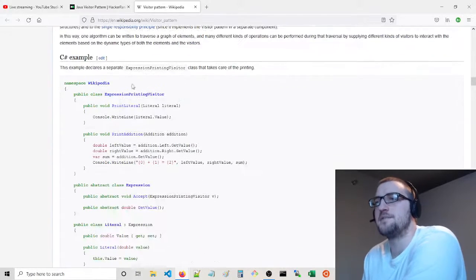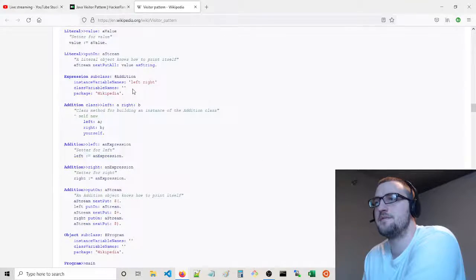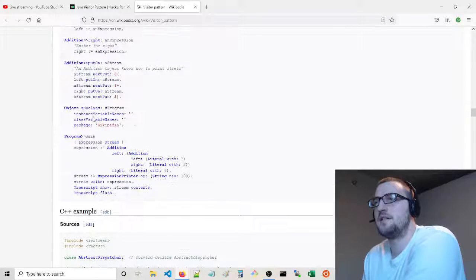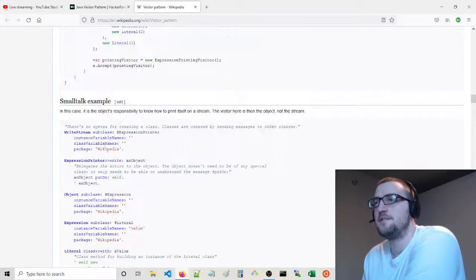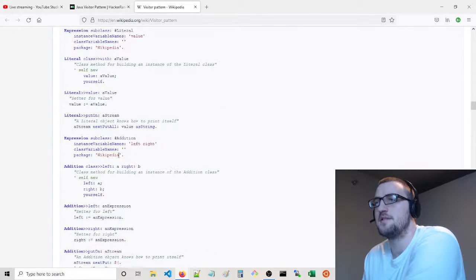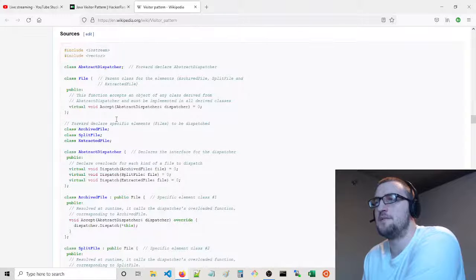I think I need examples. Right, here we go. Okay. Let's do a C++ example. Smalltalk. Interesting. Smalltalk looks a lot like TOML, the way that's written. Anyway, so